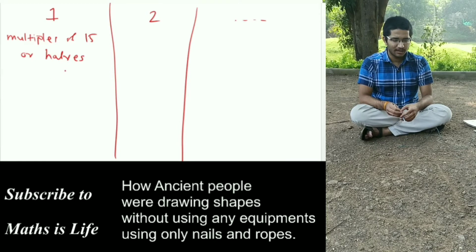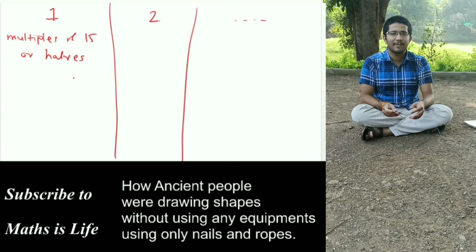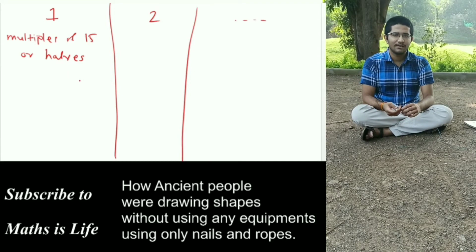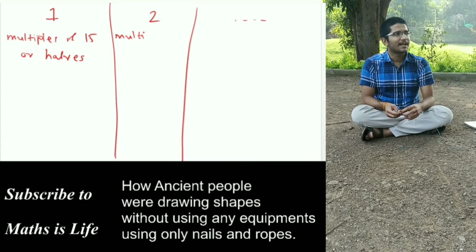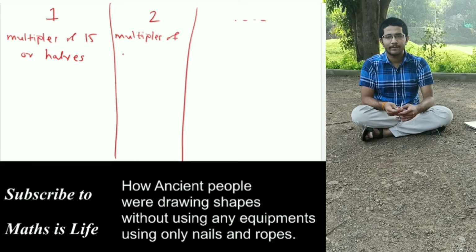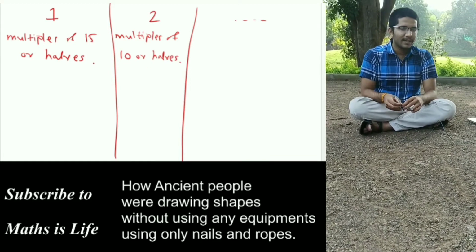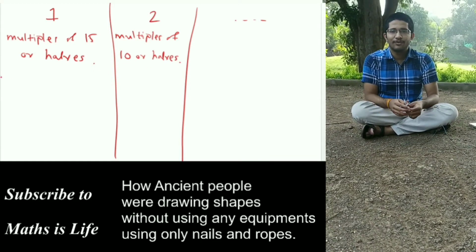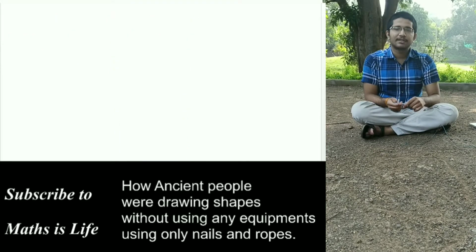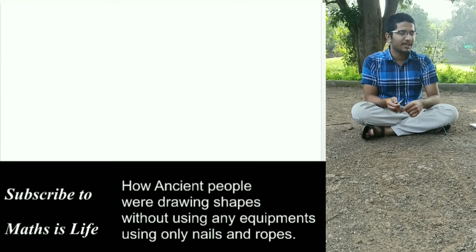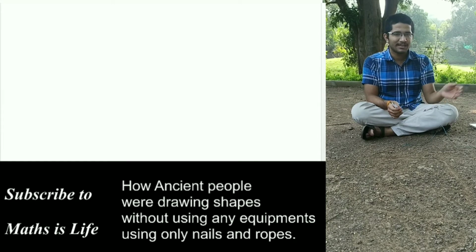Because let's suppose we have drawn 15 degrees and we need to draw 7.5 degrees, then we can just bisect that angle so that it will be easy, right? And this is the one type. The second type is of multiples of 10, like 20, 30, 40. That is also easy to draw. Not really very easy, but comparative to our capability, it is easy. And there are many other methods also, and their combinations also. Using that we can draw any given angle using only 2 nails and rope. That we will see in another separate video.